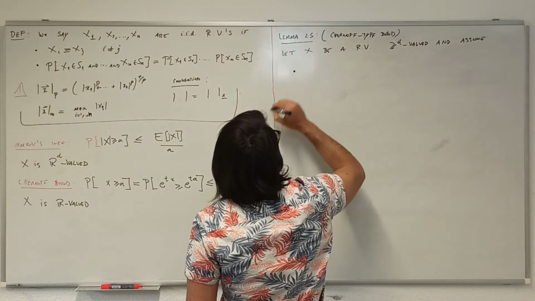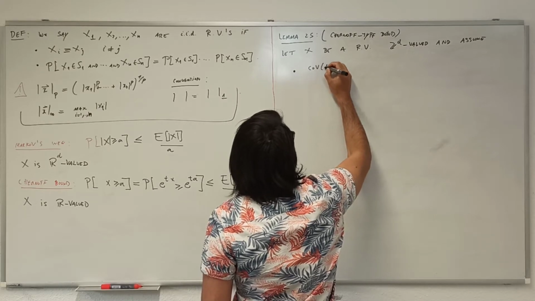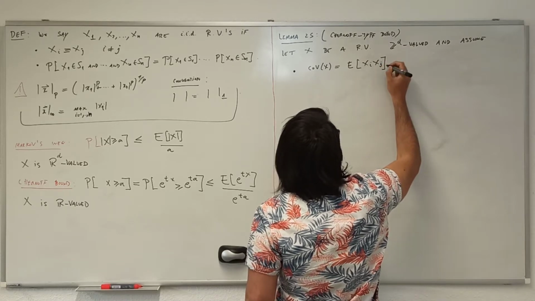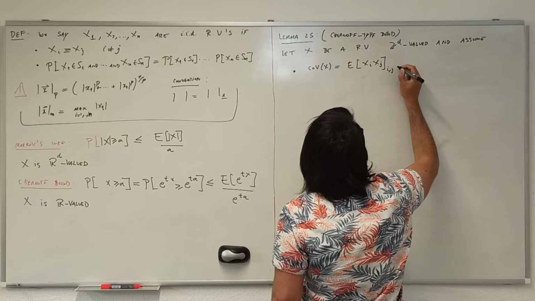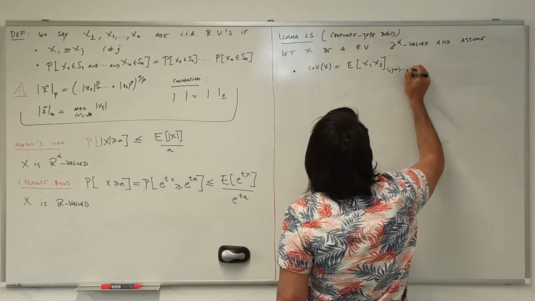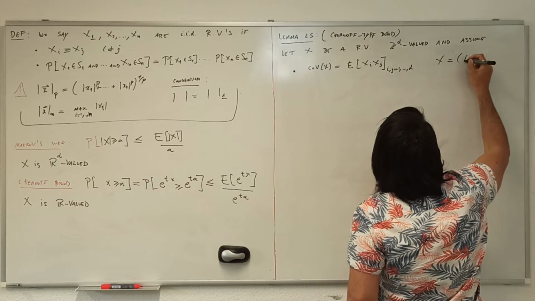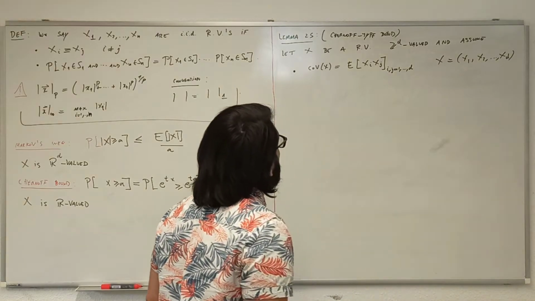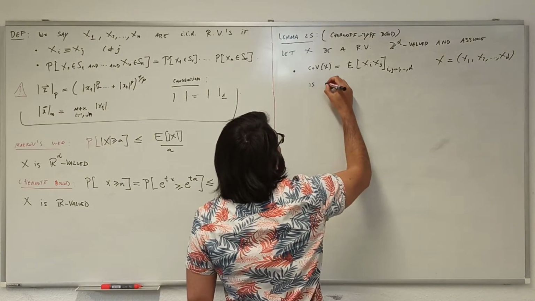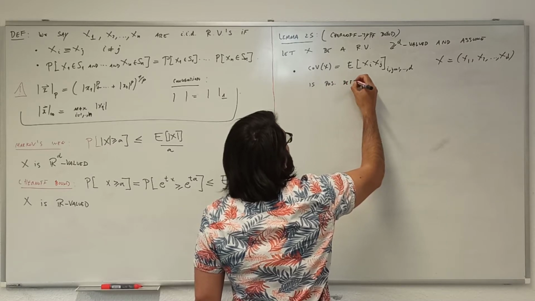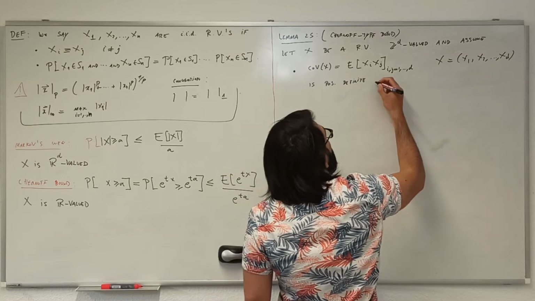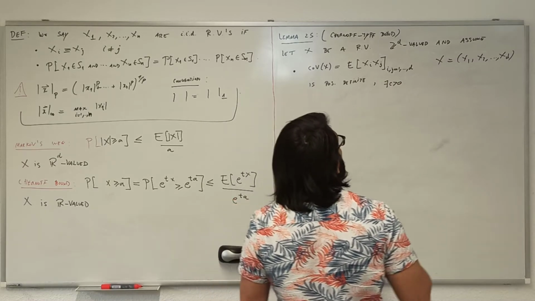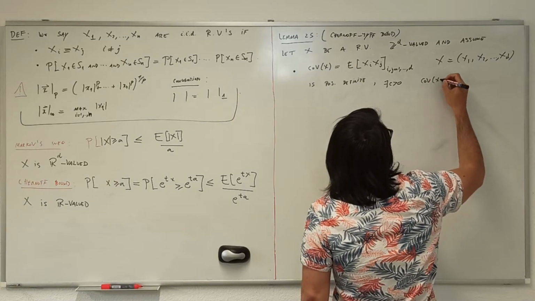The first thing is that the covariance matrix of x, which is just the expectation of x_i times x_j, i, j from 1 to d, where x has coordinates x_1, x_2, ..., x_d, is positive definite. Which means that there is some C positive such that the covariance matrix of